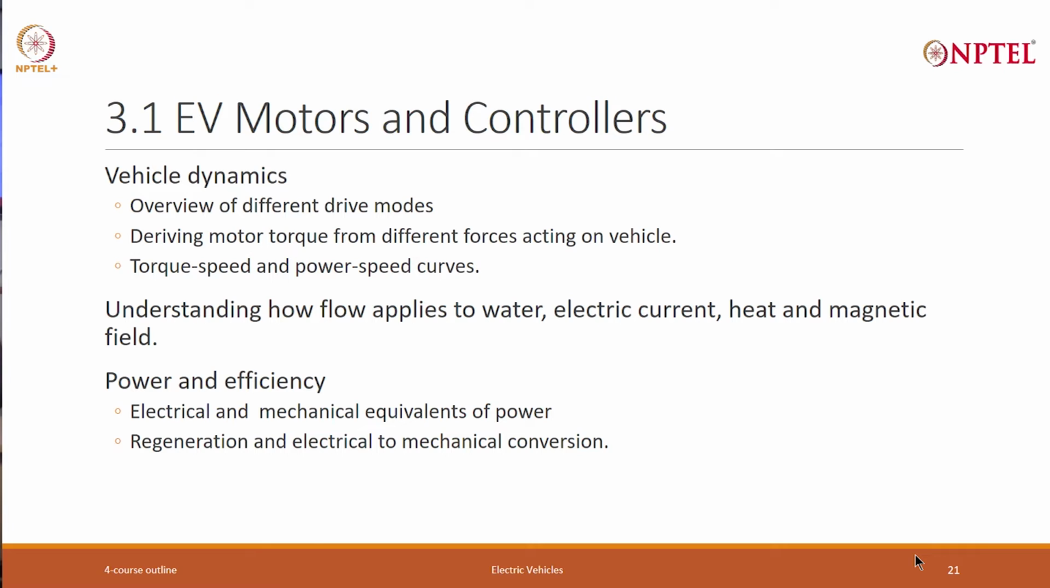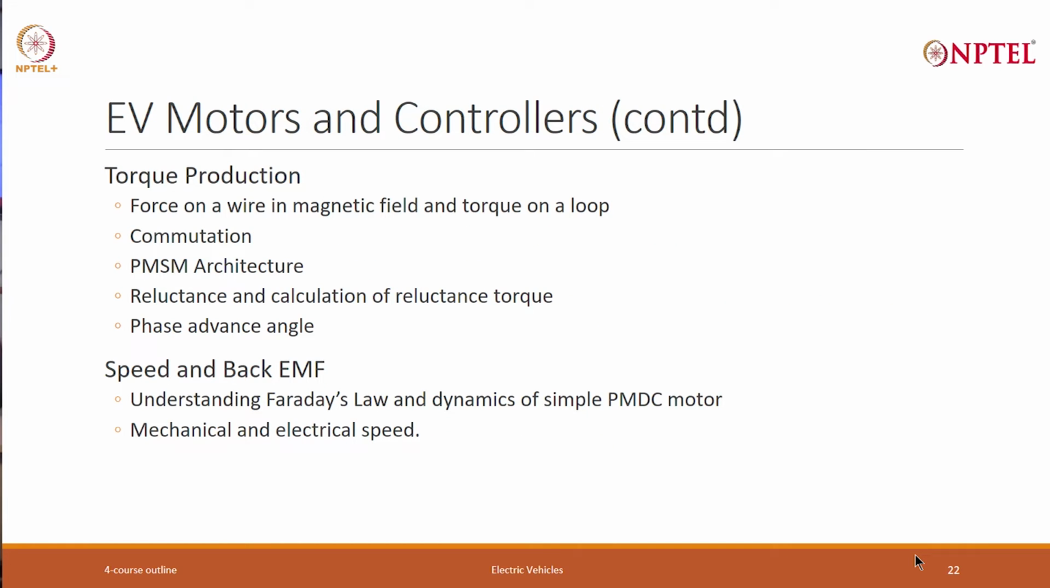One of the things that will make motors and controllers complex as well as interesting is that three of these flows, the electric current flow, the heat flow and the magnetic flow, get combined here. And of course, we will talk about power and efficiency, electrical and mechanical equivalents of power, and then regeneration and electrical to mechanical conversion. We will talk about torque production from a motor, force on a wire in a magnetic field and torque on a loop. We will talk about commutation,